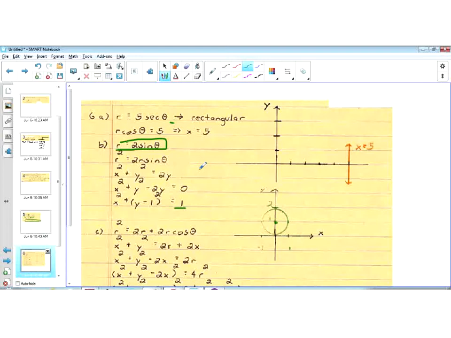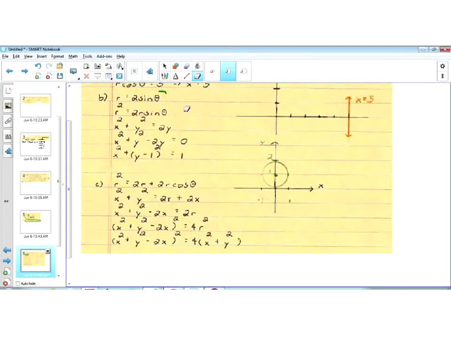Now the next one, we can't plot it, but we can convert it from polar to rectangular. It's done by noting that here's the polar equation, and we replace r squared with x squared plus y squared, and then we have 2r, and we see that r cosine theta is x. Now here's the technique we often employ. Get the xy terms on the left-hand side of the equation, as we've done here. And so x squared plus y squared minus 2x is equal to 2r. So the trick is, again,